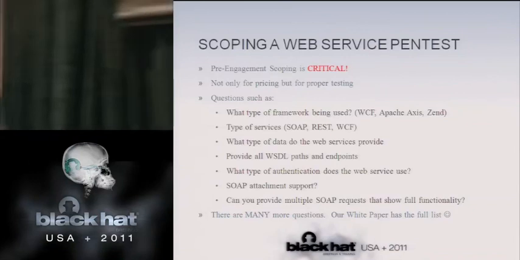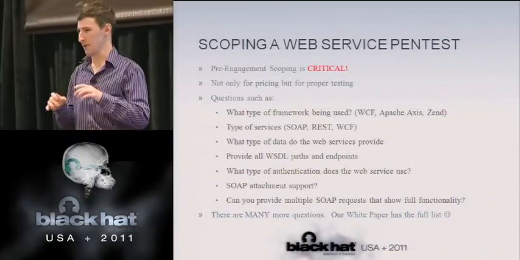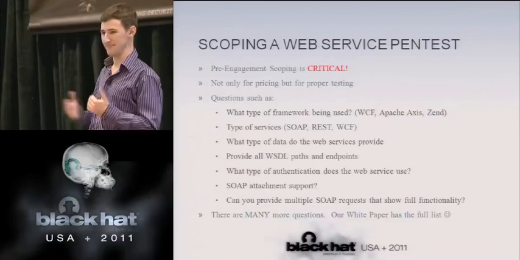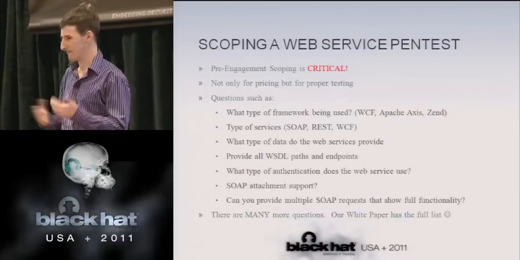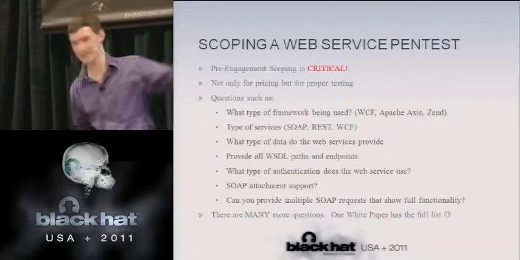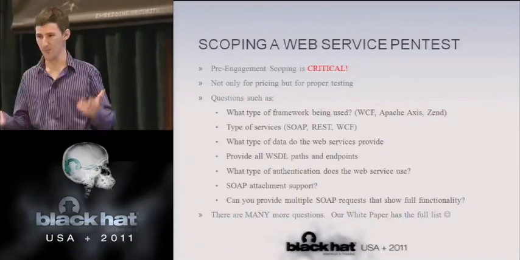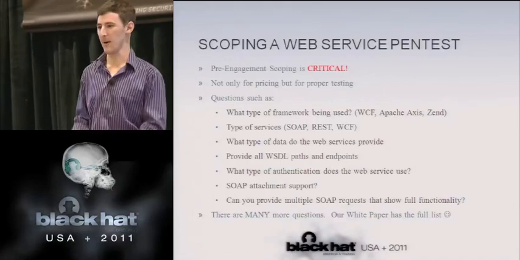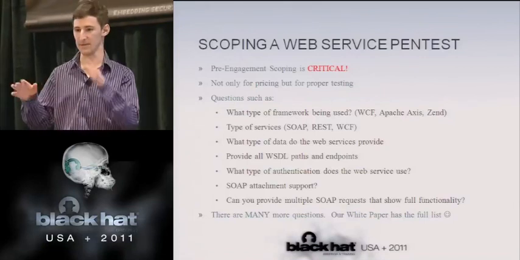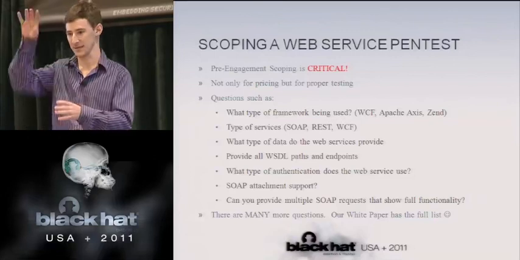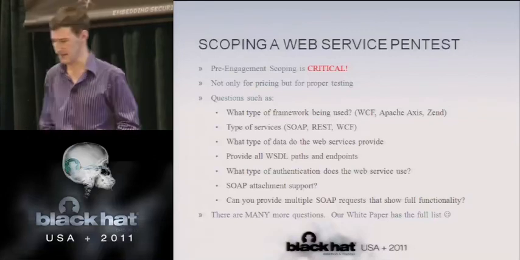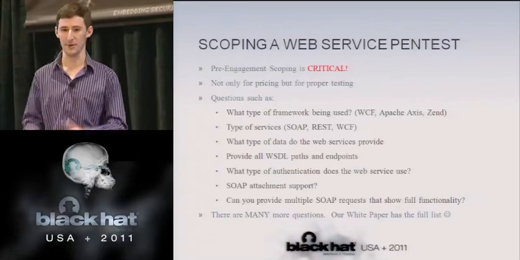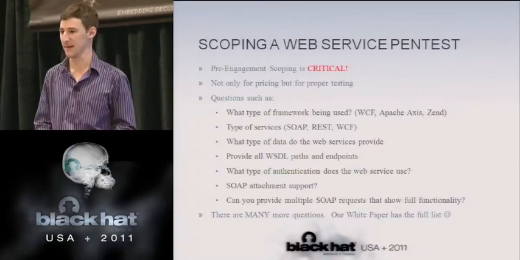One thing, if I'm doing a web app pen test, right, and I'm going through it and I'm just pen testing this web app, and all of a sudden I see that there's some web services. Well, is that in scope? I mean, I didn't even ask any of these questions. So in that sort of scenario, that's probably more common for me, right? When we're doing a web app pen test and all of a sudden I see this thing is making a whole bunch of additional requests to this other thing. I take a look, let's see, it seems like it's SOAP. Well, that's a ton of additional attack surface that I need to pen test, right? I need to go in there